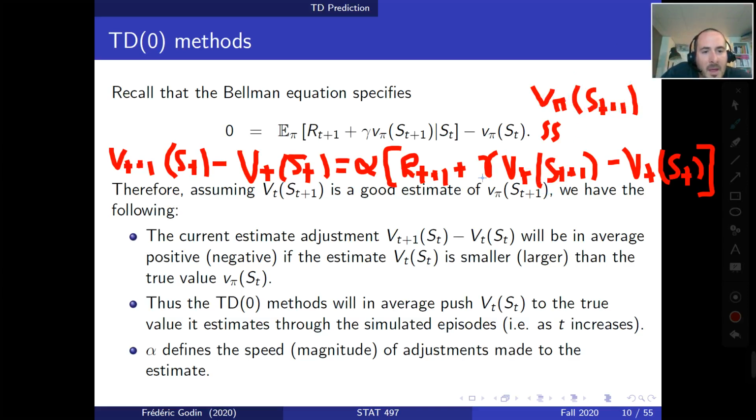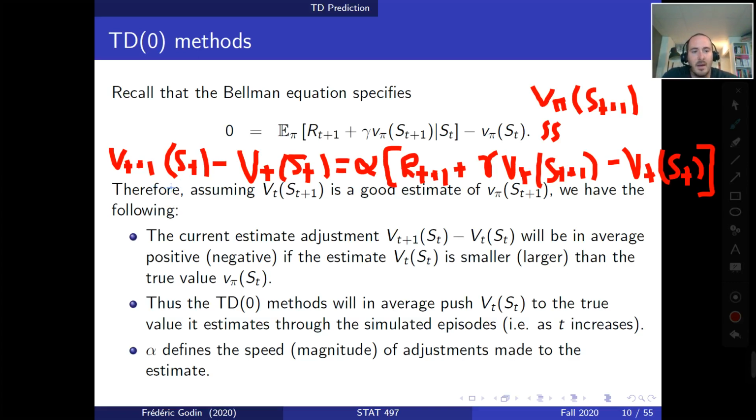If we have that, then the expected value of this term is V pi st, the true value function at state st. Which means that if this guy is smaller than the true value function, then on average this will be positive, and this means that this will also be positive, which means you'll have a tendency to increase the estimated value of your state, which is great, because